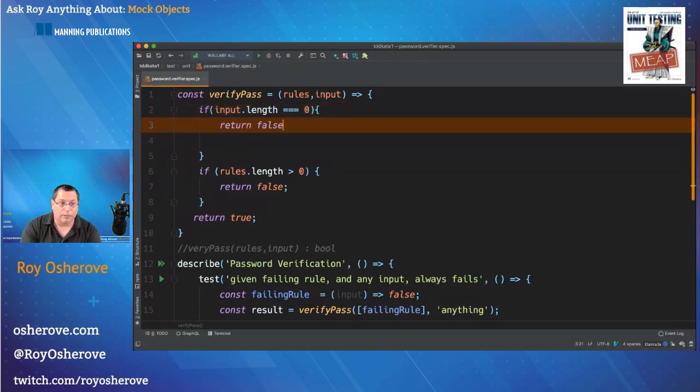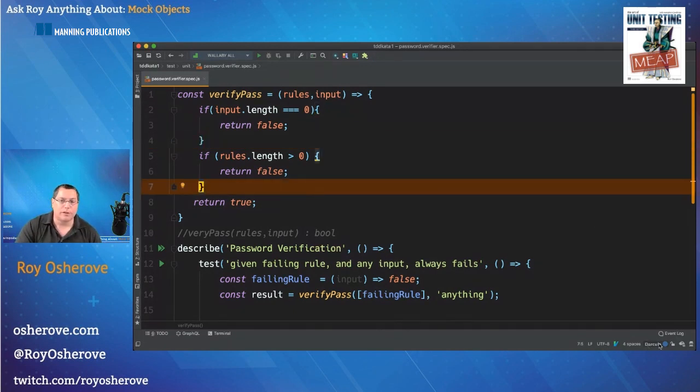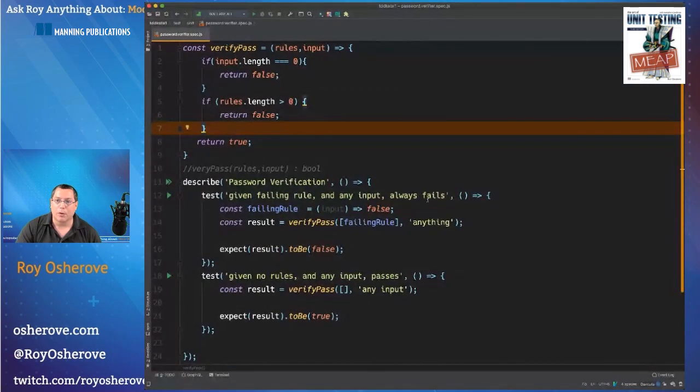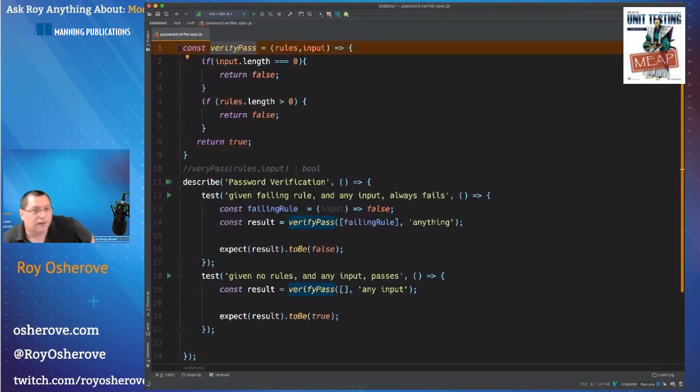I'm just gonna add something here, just as a quick exercise to explain what I'm doing. Let me know if you can read the fonts, by the way. I have a function here called verify password. It takes a bunch of rules and an input, which is a string. And right now, it doesn't really do much.